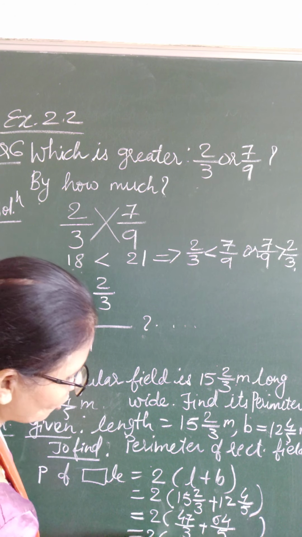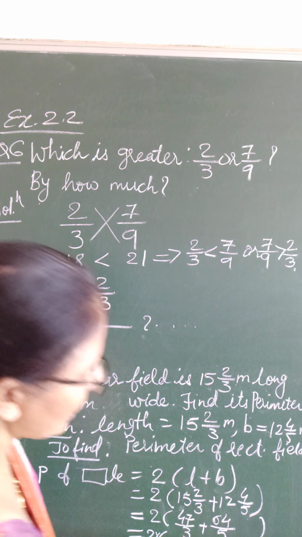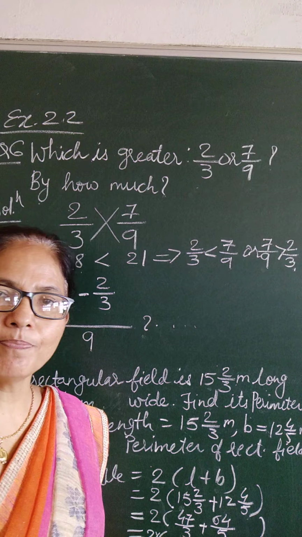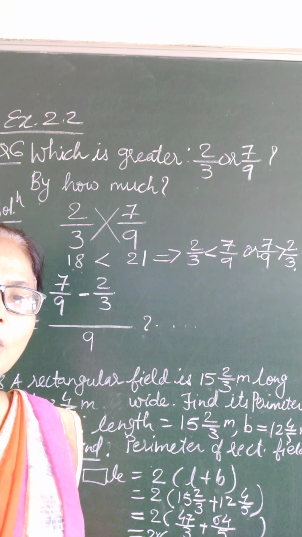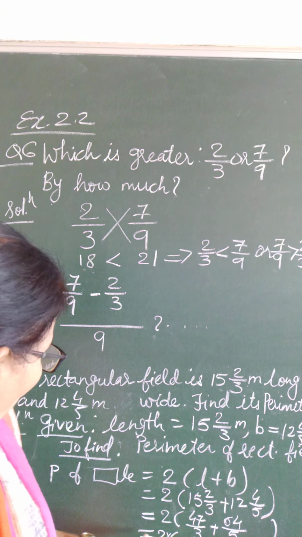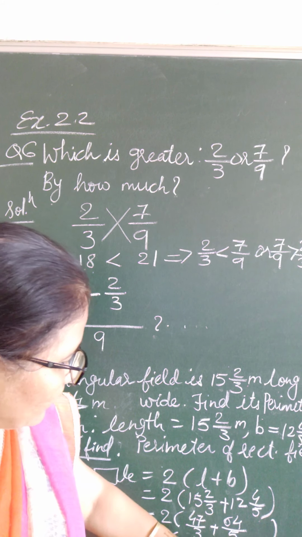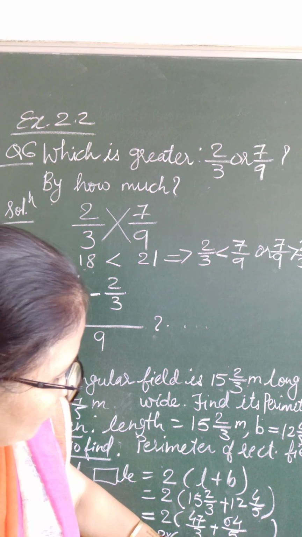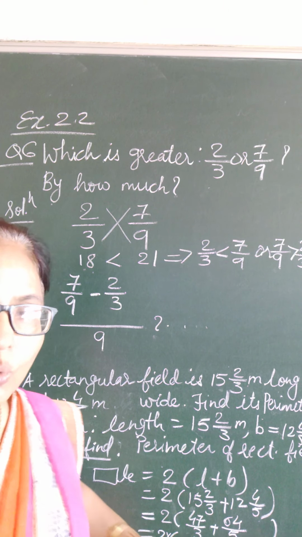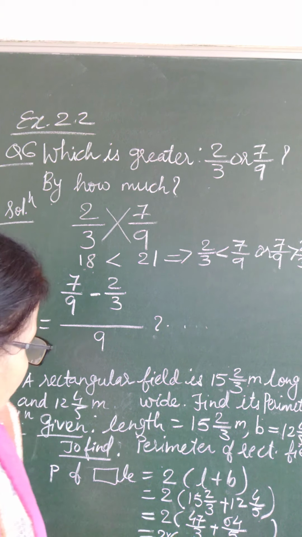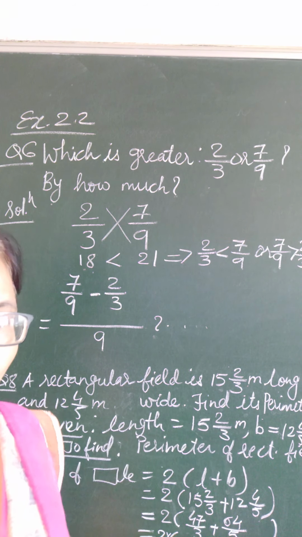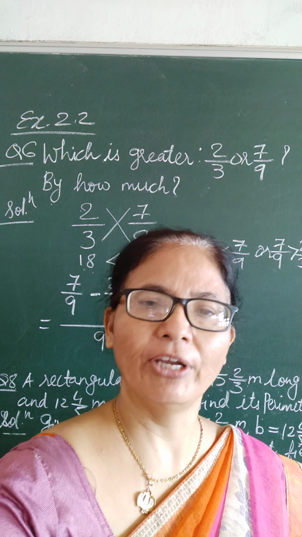Before the bracket, what is the sign there? Always 2, and then you will get the answer. So remaining steps you have to write, children. The last step you will write as I explained now: find the LCM, make the denominator equal, whatever fraction you get, multiply it with 2, and that will give you the answer. In this way you will get the perimeter of a rectangular field.